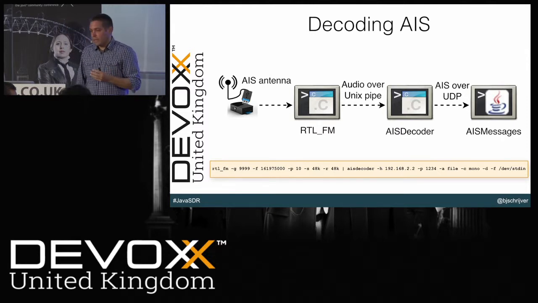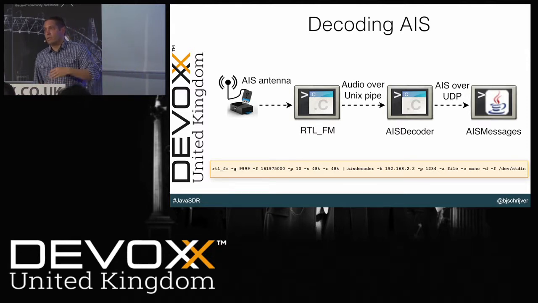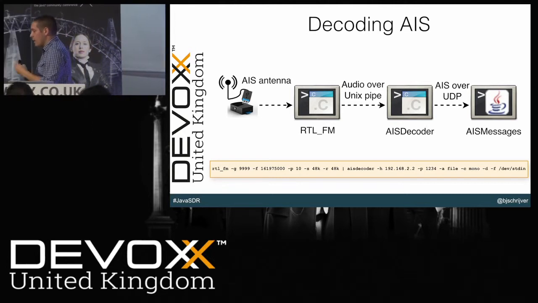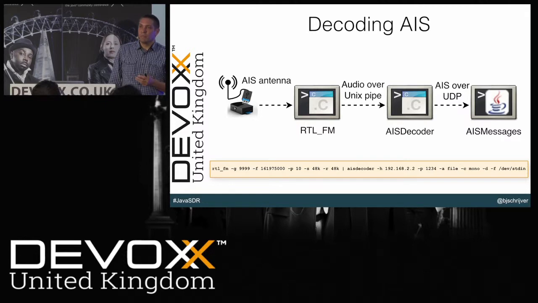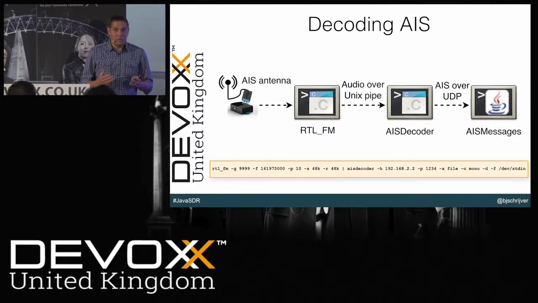So the antenna is connected to the Pi, and the Pi is running RTL FM, which is another utility from the RTL SDR suite. And RTL FM receives data and then writes it to a Unix pipe. So it decodes the data into an audio signal, and then you can process this audio signal with whatever you like to process it with. So I'm using AIS decoder from the guys at aishub.net. That's a site where maritime traffic is aggregated and presented on a map. And AIS decoder has the possibility to decode the signal into NMEA messages. And NMEA is a maritime standard for inter-device communication on ships.